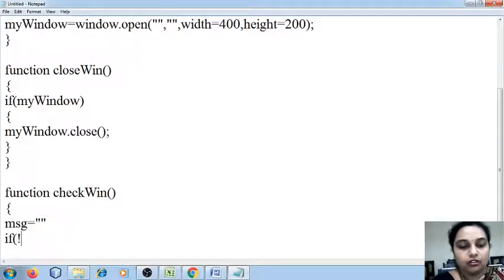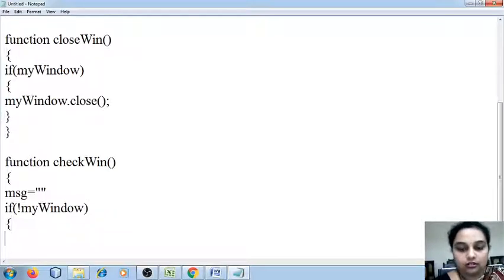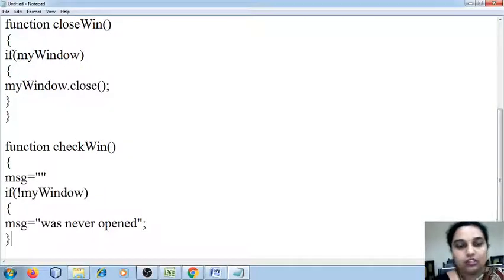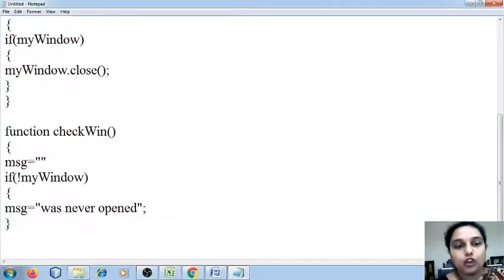Then if not myWindow, I'm going to give the message as was never opened. If you have not created any new window and you check whether a window is open or not, I'm going to display the message which says was never opened.